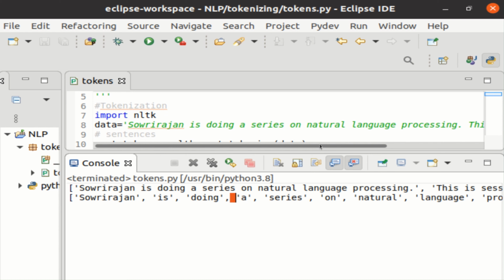So this is a very simple demonstration that the natural language toolkit has been installed properly in your environment and you are able to use this in a program that you are developing. I have here used Eclipse IDE where I have installed the Python development environment.